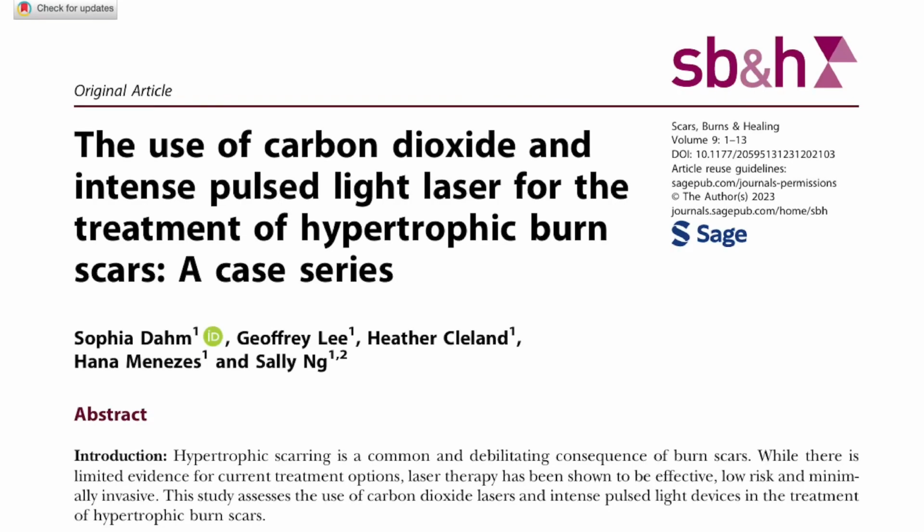This is another case series from Australia, and it included the use of fractional CO2 along with intense pulse light in 31 patients having hypertrophic scars, and evaluated the changes in scar using POSAS before and 6 weeks after the laser treatment. And they have shown that laser plus IPL single treatment is effective in hypertrophic scarring. Sir, what was the context of this study?